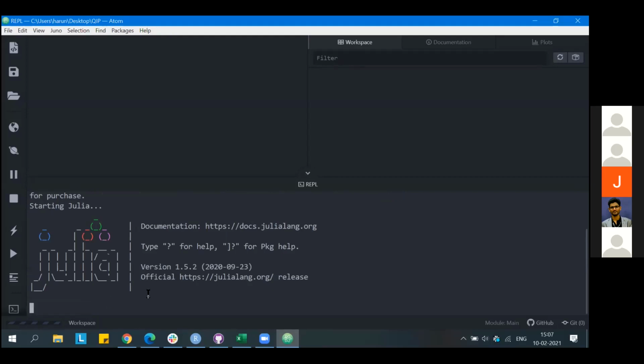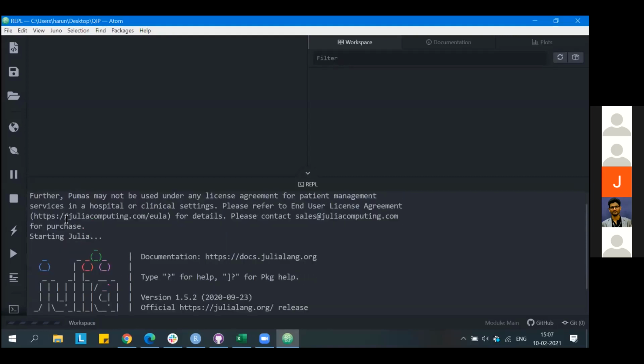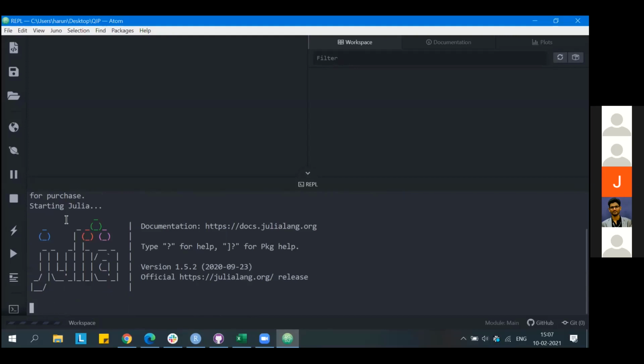Once the execution is done, you won't see any stripes here. It is still under execution, and you can see that the Julia atmosphere is opening.